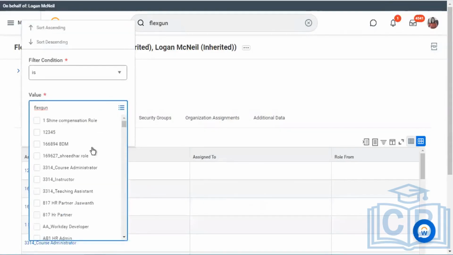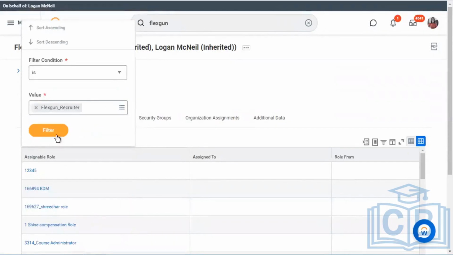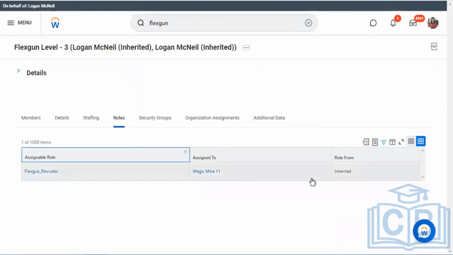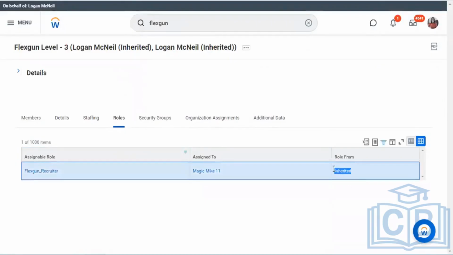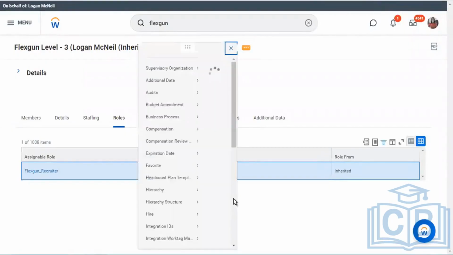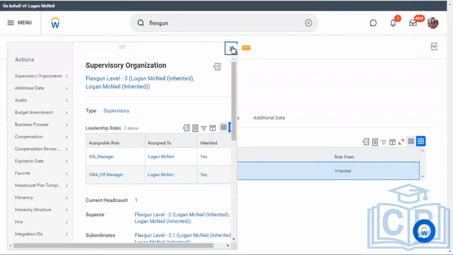What you do is, let's just foresee, Mike is still here. Mike is still inheriting. Now, if you want to break the chain, just go to the related actions, run the assigned roles and assign someone else other than Mike. And the chain will break and it will start a new chain for any other subordinates.